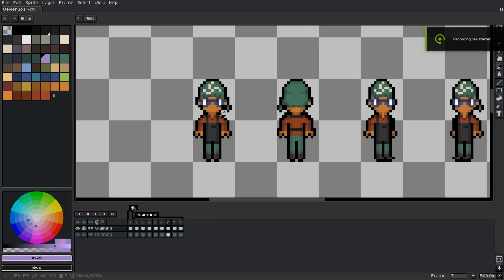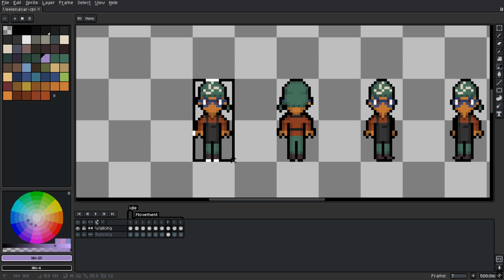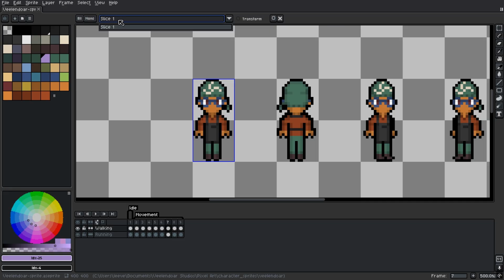Good day, everyone. So let's start with option one, which is dealing with each sprite image individually. I'm going to first use the slice tool, which is adjacent to the move tool here. And I'm going to create a slice on my sprite looking downwards here. Once you create a slice, there will be a slice drop down on the top here that tells you slice